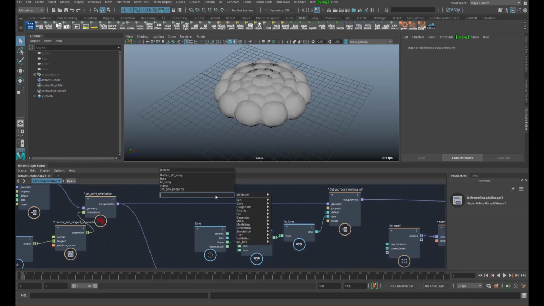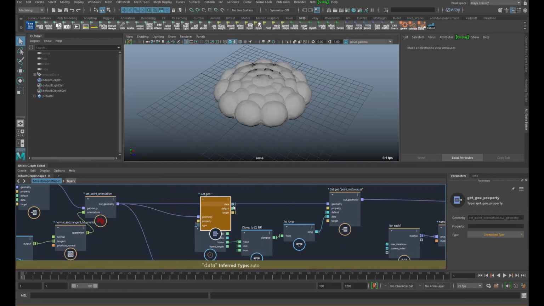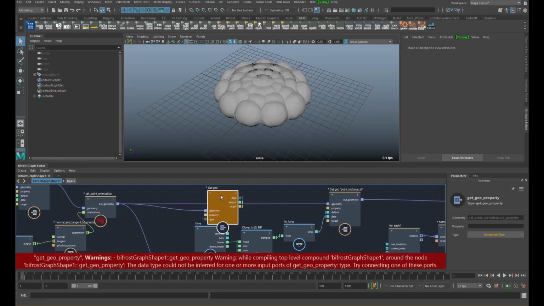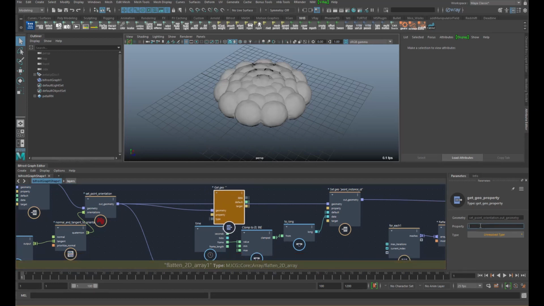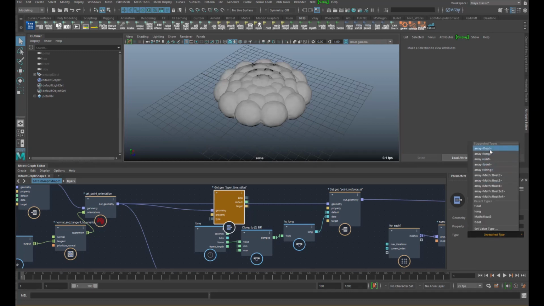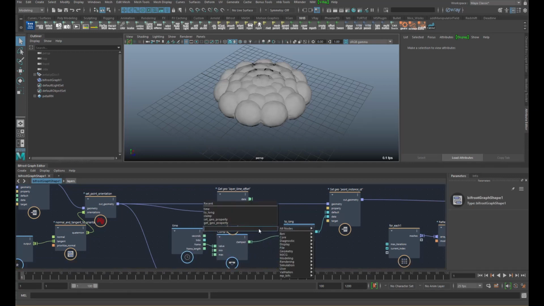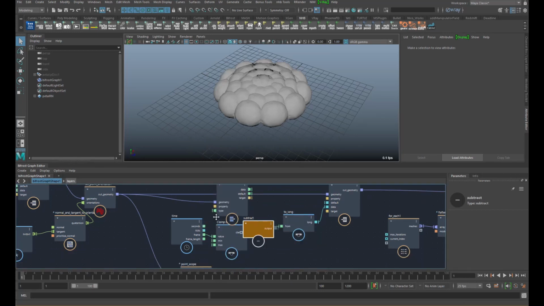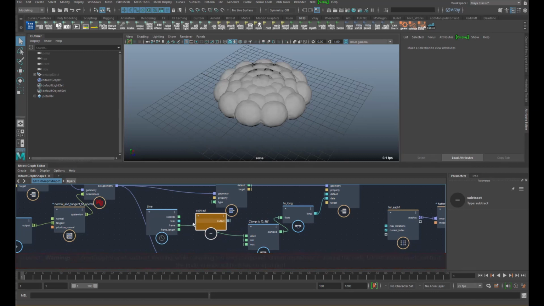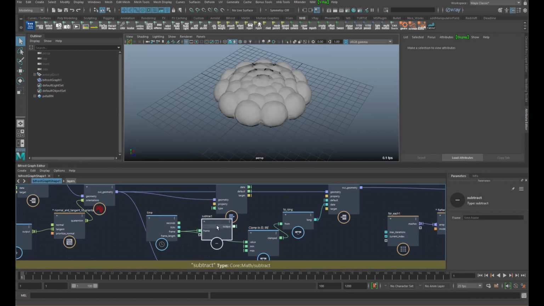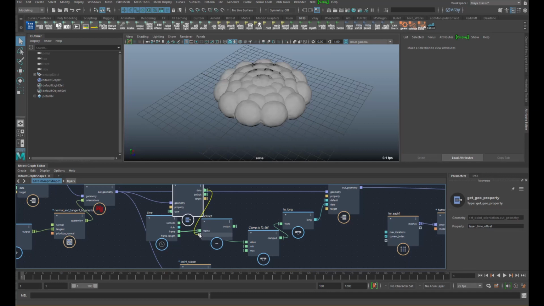We could use it here. So we get the geo property, layer time offset. And then we're going to subtract it from the time. So time minus whatever the offset is.